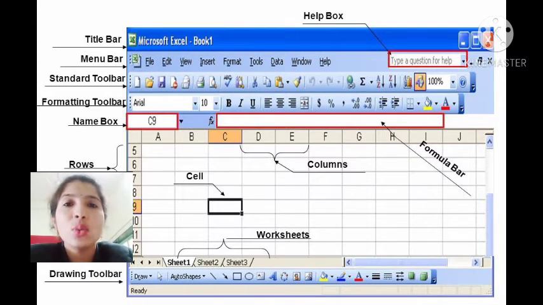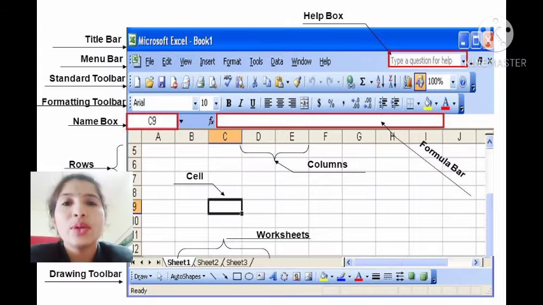Horizontal and vertical scroll bar. With the horizontal scroll bar, we can see the columns, and with the vertical scroll bar, we can see the rows.